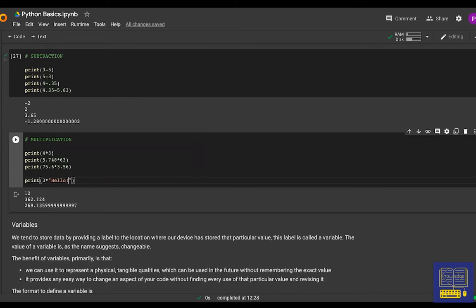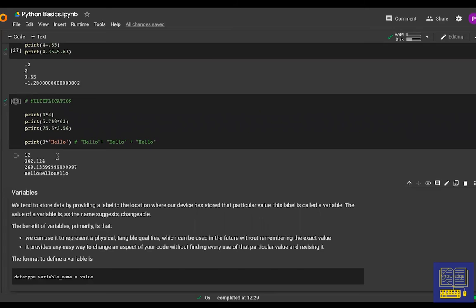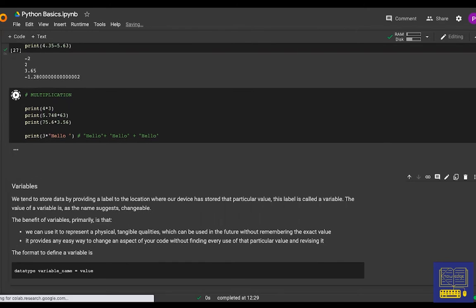what do you think this would do? So the idea is that when we say 3 into hello, we basically mean hello plus, just forget the exclamation mark. I'm not writing that right now. So basically 3 into hello means hello plus hello plus hello. It's just maths, like the way we do it in maths. This can be implemented for strings in Python. So if I print this out, you'll see what happens. It's hello, hello, hello. There's no space, which is why it is just joined together.